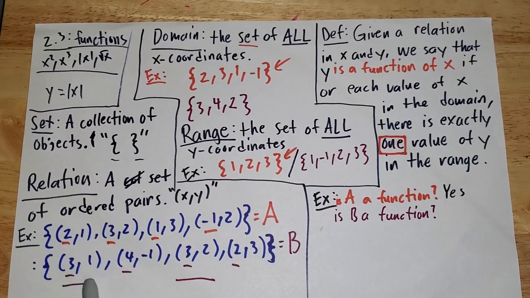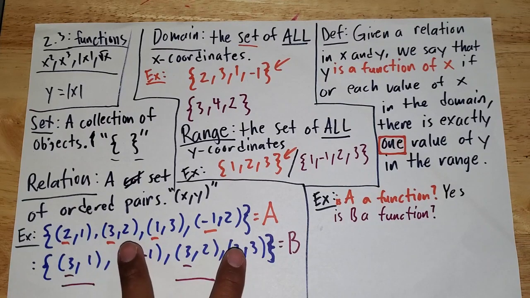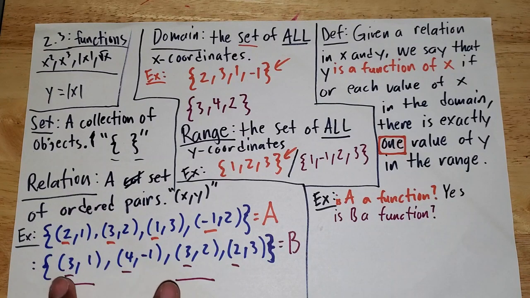And this one is going to a 1, and this one is going to a 2. So that's why this would not be a function, because this one x is going to 2 different y's. Again, these 2 different x's going to the same y was okay, because they're still only going to 1. Where this x, even though it shows up in 2 different places, it's only one value of x going to 2 different y's, meaning that this is